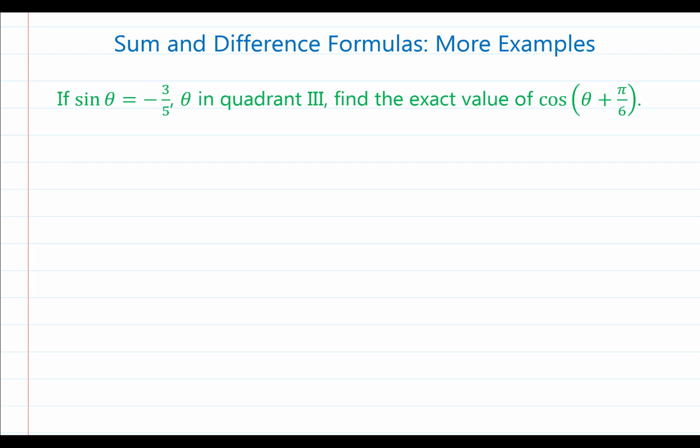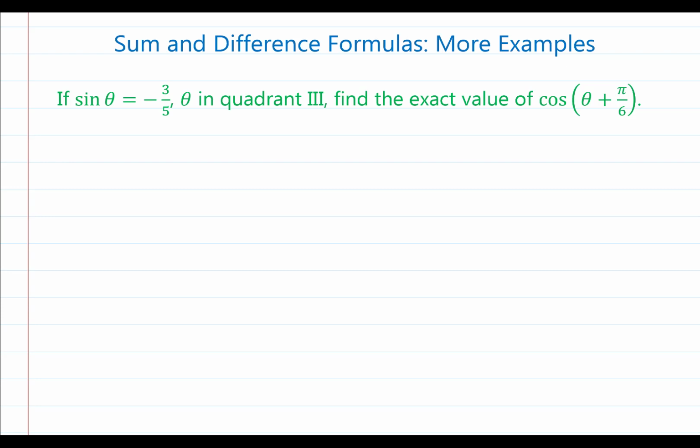Welcome back, mathematicians. In this video, we are going to do more examples where we use the sum and difference formulas to find the exact value of trigonometric functions. In this case, we're given that sine of theta is equal to -3/5, that the terminal side of angle theta lies in quadrant number 3, and we are being tasked with finding the exact value of cosine of theta plus